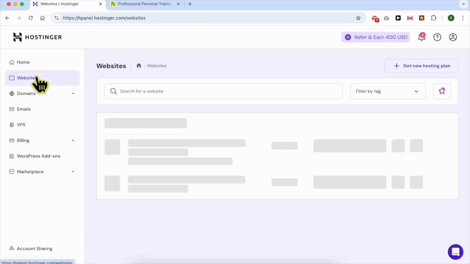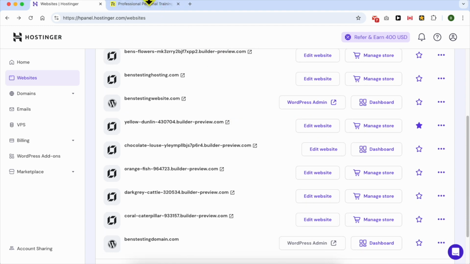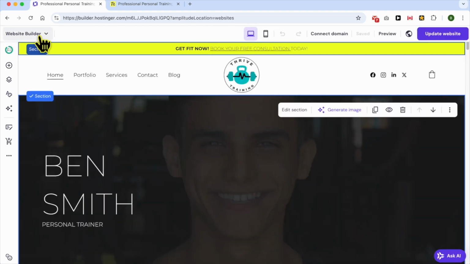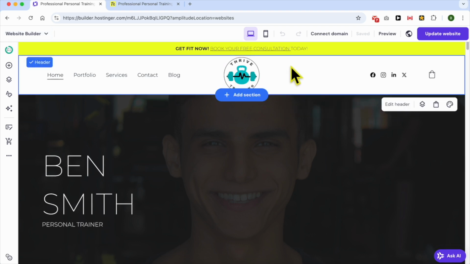Now go to websites. On this account, I have multiple websites, and this website is this exact one. Click on edit website. Now that you're in the website builder page, just click on the header section like that and click on edit